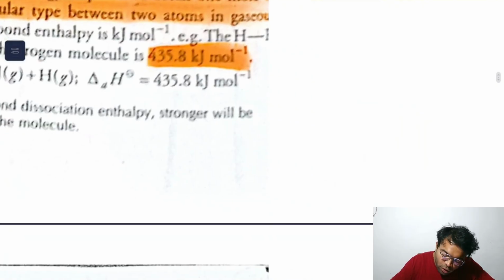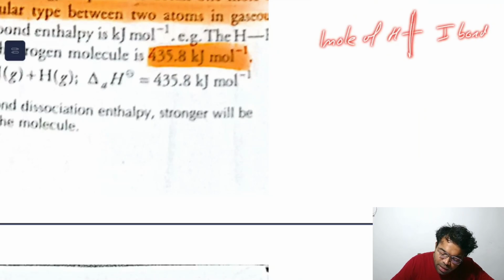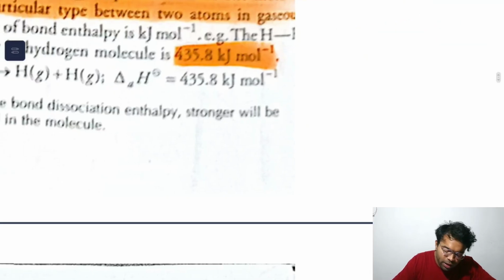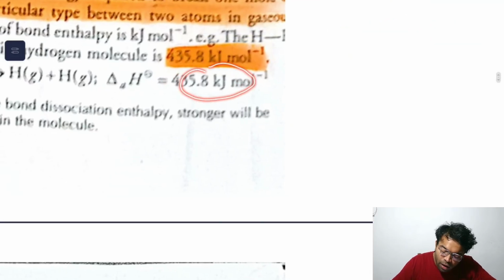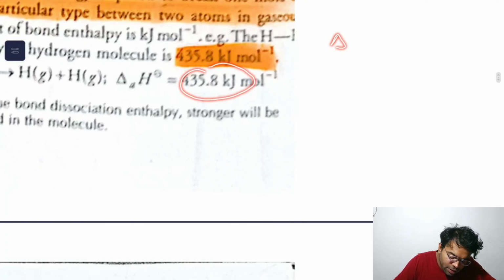So basically, if you want to break 1 mole of H-H bonds, you have to break 1 mole of this bond. You will require this much amount of energy. Now, we know that delta H, if